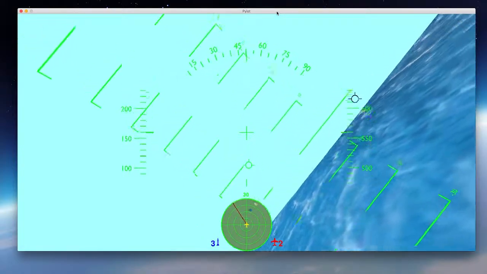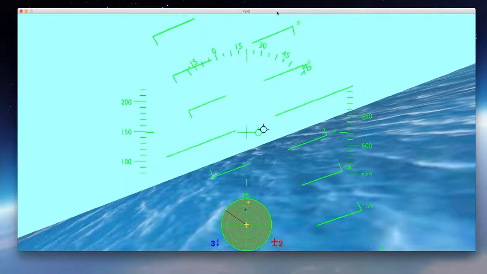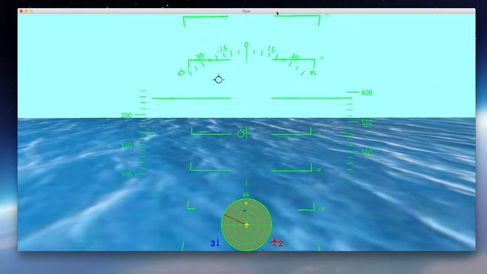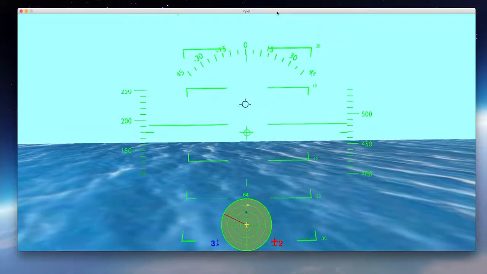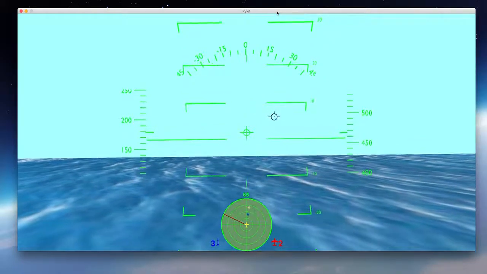I can move over and you see I've targeted the one, but I can toggle and target the other. So I can toggle between which one I want to target. As you notice, we're flying over the ocean now. There's actually 4 randomly selected maps in game mode. The fields,